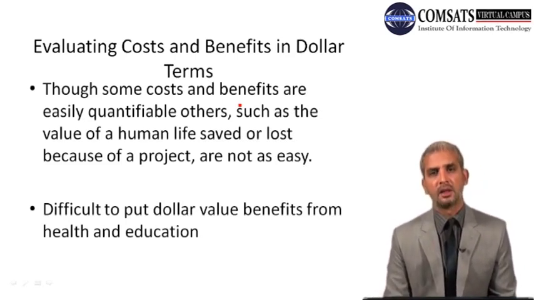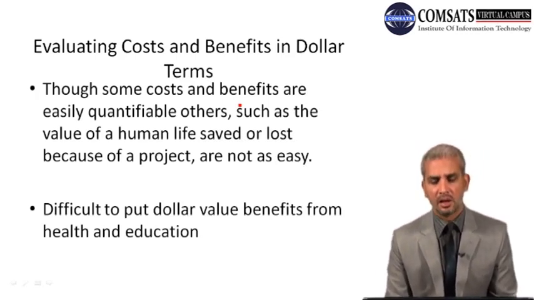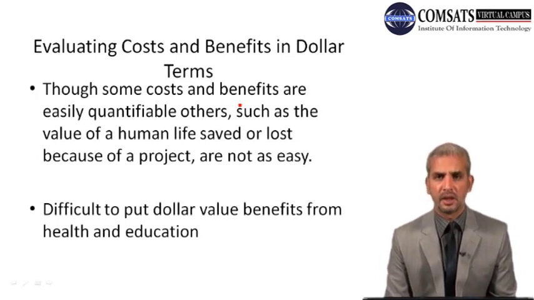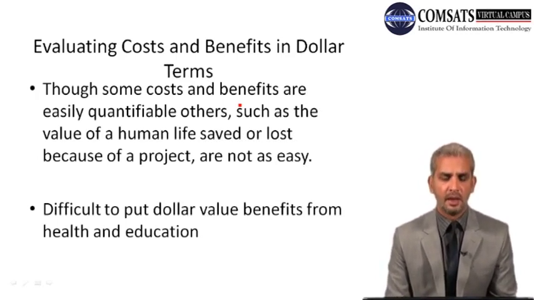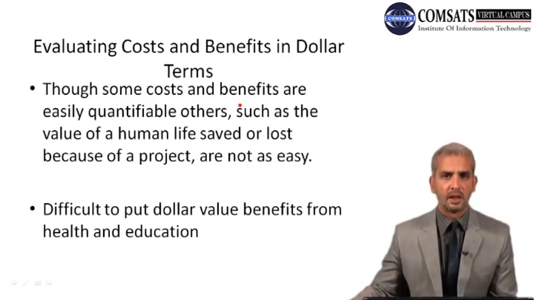When evaluating that list or any other list, it is very difficult to quantify, for example, the value of human life saved or lost from any government program. It is very difficult to put a dollar value on the benefits of health and education,